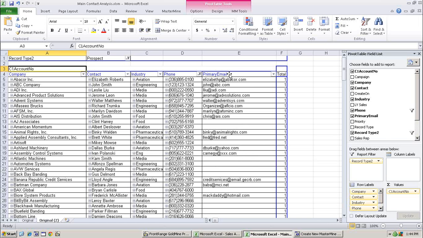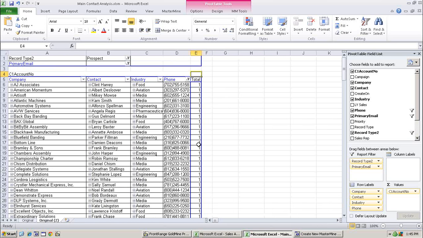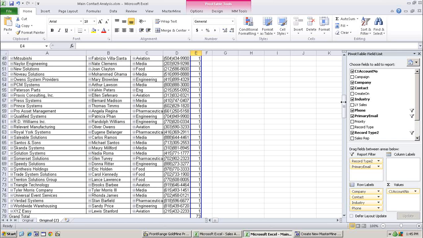Now, here's something I'll just point out as a task, because people often ask us about this kind of thing. Maybe what I want to deal with here is I'm going to focus in on the ones that have no email address. Everybody else has an email address. This set that I'm selecting right now has no email address. I can look at the list like this, knowing that these are prospects with no email address. Maybe this is leads that we got from a trade show that we need to do some follow-up with. I could print this out and have somebody get the email addresses, or as an even better thing,